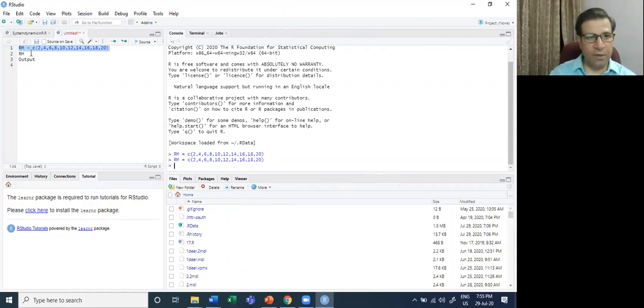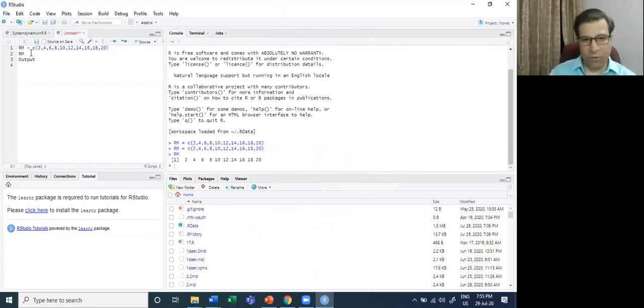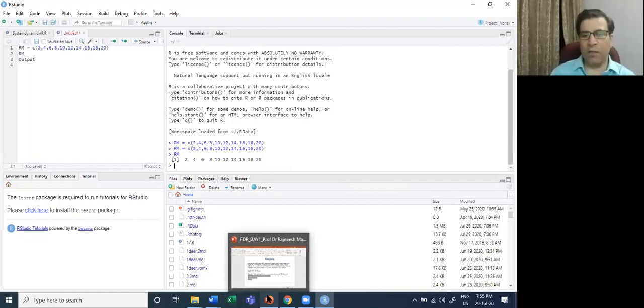Once it is run, then I call the vector by pressing Control Enter. The moment I press Control Enter or run, you will find the reflection here, which is the vector output that has been created. So this is the first rule which helps you to create your vector.